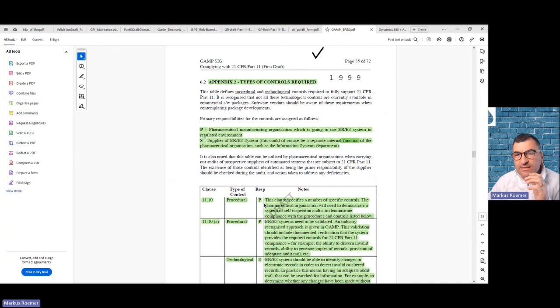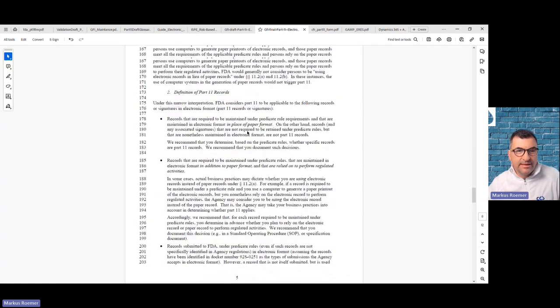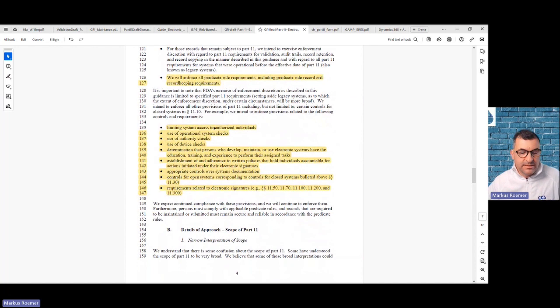Just be careful. If a supplier is telling you Part 11 is no problem, you only need to sign the white paper and that's it. No, there are things that must be done for Part 11 compliance. None of these requirements are out of this world. If you look here at what is needed, limited system access, authority checks, operational system checks, these are today basic requirements of a computerized system and an application that you need to validate. Okay, so